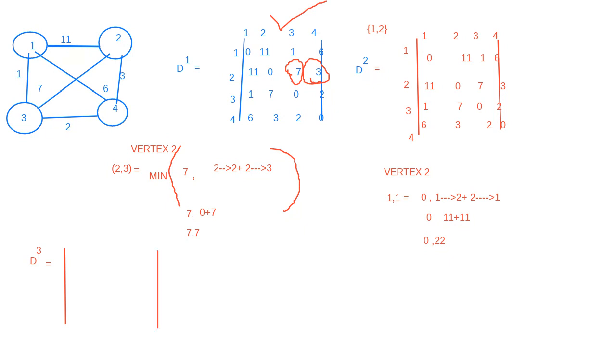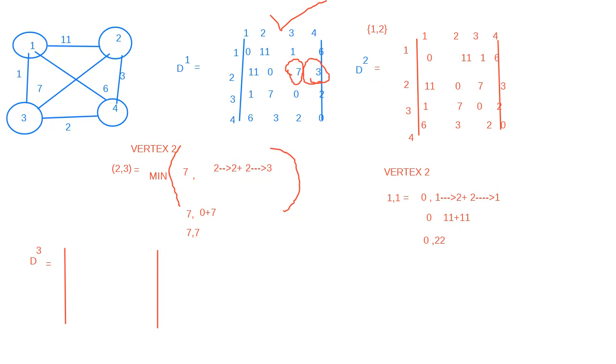Now solve for D3. D3 means what? D3 means that you have to include the vertex number 3. And you have to look at the D2 matrix. Is it clear, students? You have to look at the D2 matrix only and you have to include the vertex number 3. So I'm writing over here